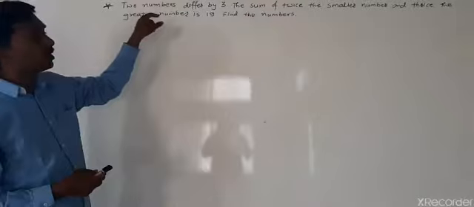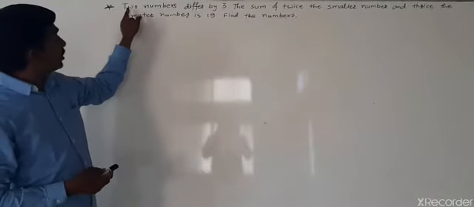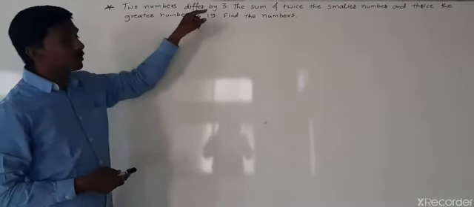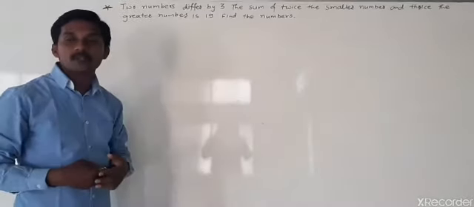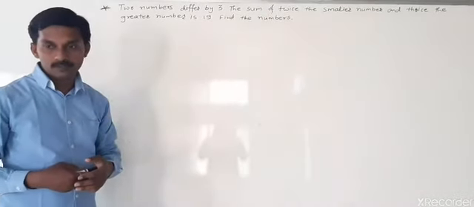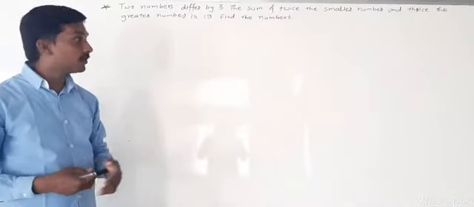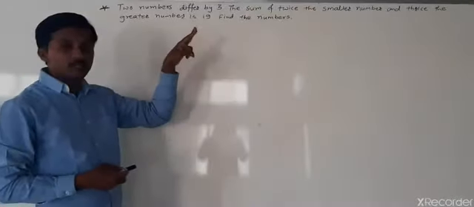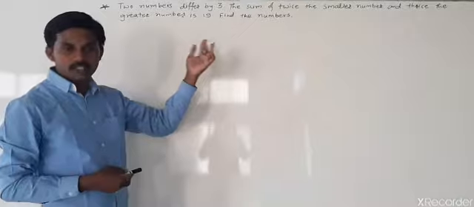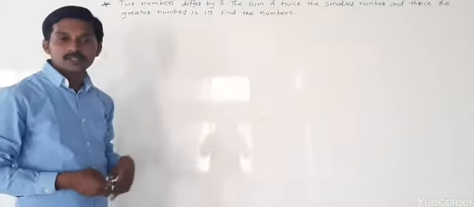In this example, it is given that the two numbers differ by 3. We have been given information about the two numbers. One is smaller and the other is bigger. So we have to take two variables for the two numbers. One is smaller and the other is bigger. So we'll